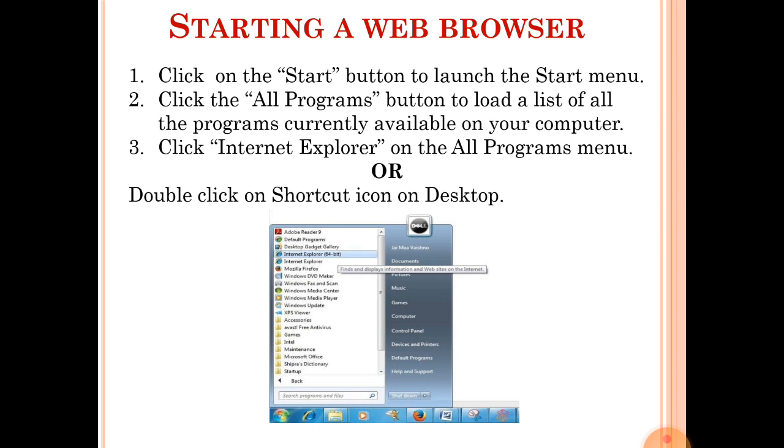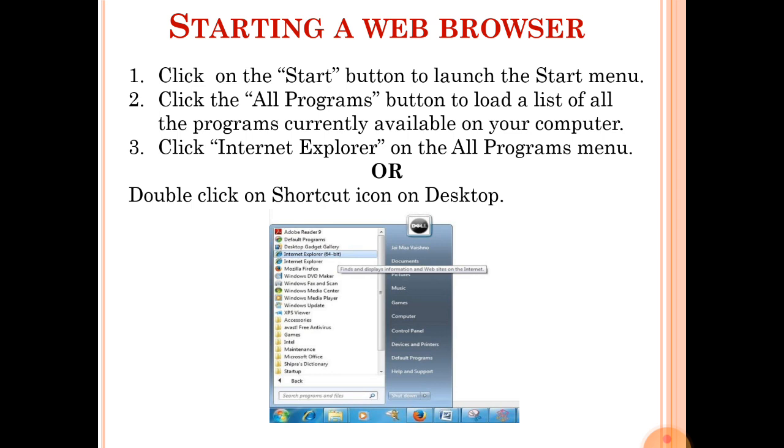By default, Internet Explorer is installed along with the Windows operating system.